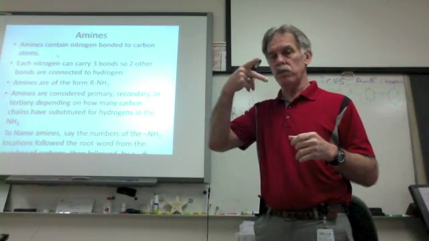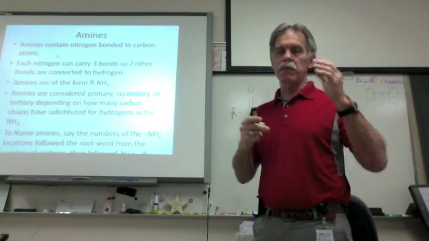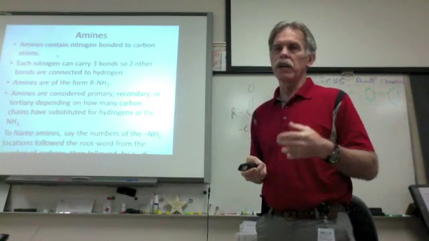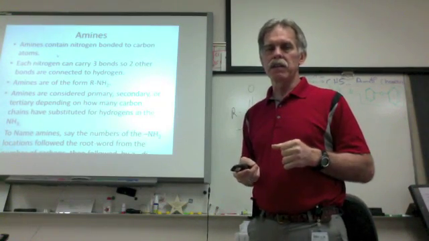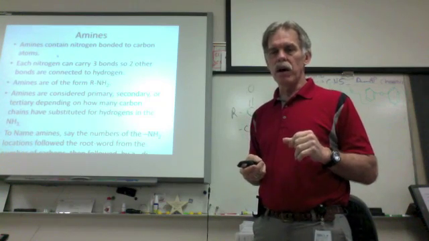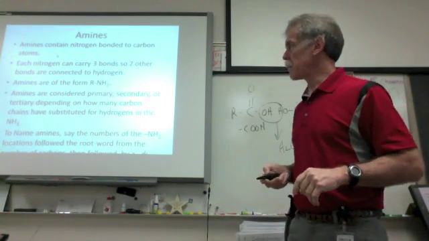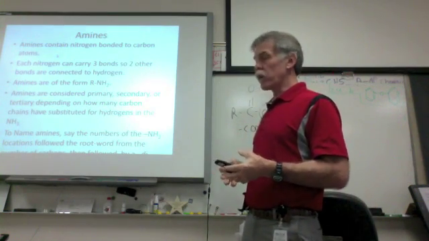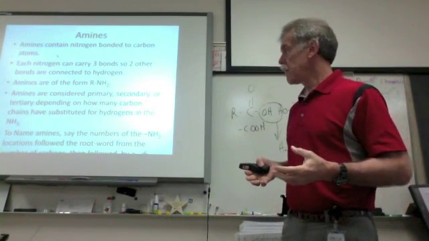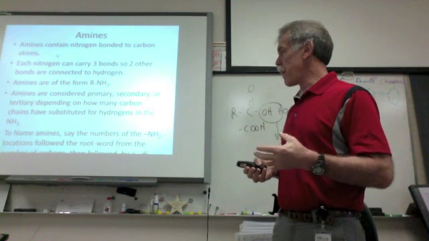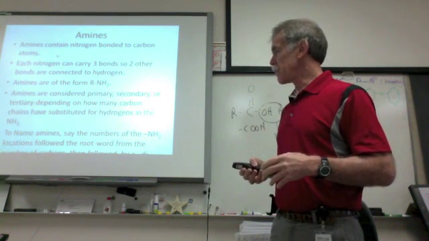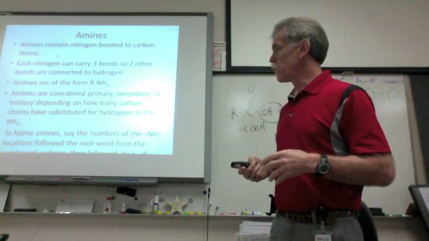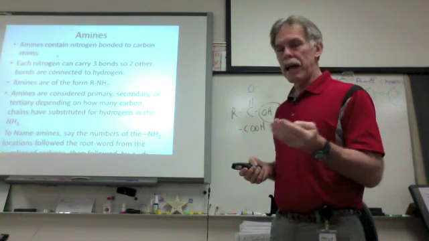If you have 2 carbon groups, then it's going to be C's on all 3 sides, and you could call that a third degree amine or double substituted amine. To name them, you're going to say the numbers where the NH2s are located, followed by the root word from the compound, and then at the end you're going to say the word amine,